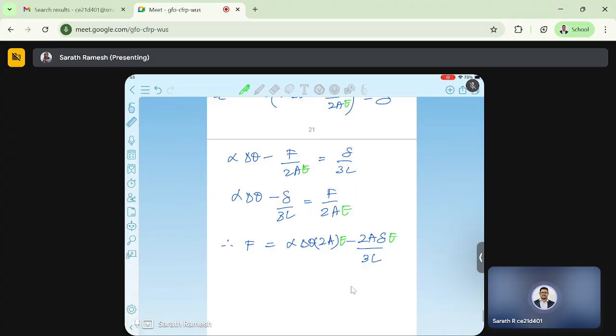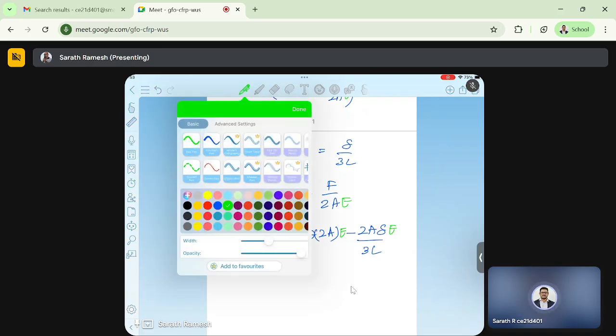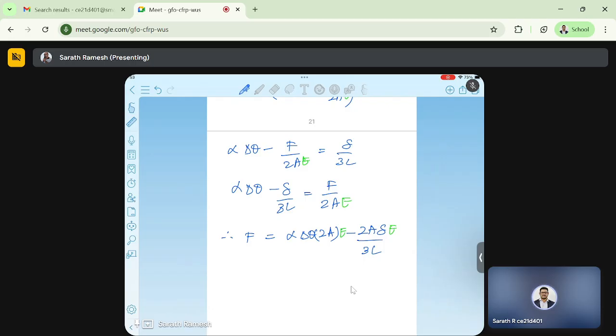Okay, to A, yeah, fine. So this is F. Now for F to be positive, what should happen? Is there anything common so that we'll see it very clearly? Yes, 2A is common, E is common. The rest of the thing is alpha, delta, theta